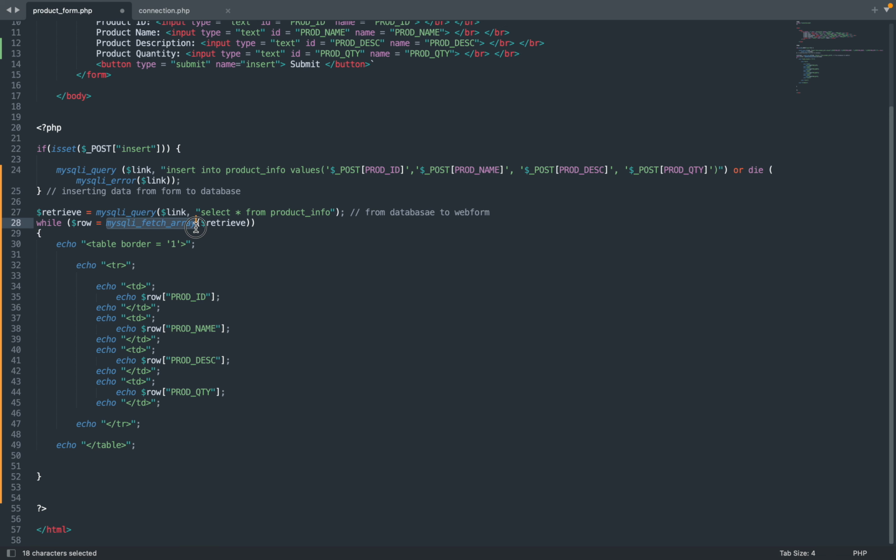This one is a function. So it will fetch all the records that the variable retrieve found. Remember, the variable retrieve has the value of the records from when we created or selected all of them. The problem is that it can select all of the records, but without a while loop, it will only show the first one. Okay? So, to do this, of course, if you could still remember in your basic HTML, I'll be creating